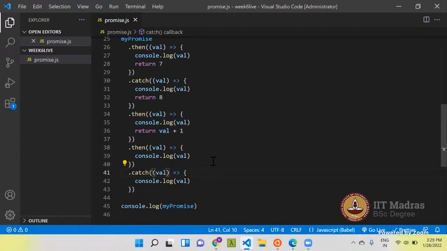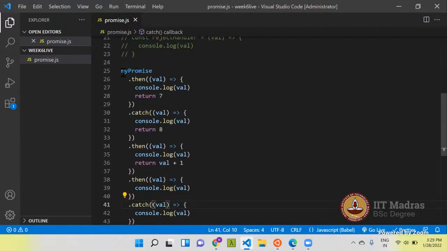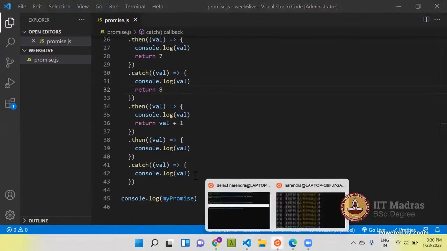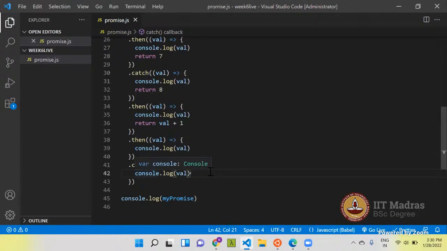But ideally this should not be the case. If some promise gets rejected, it should always be handled by the catch. So how will we do it? We cannot use return, because then the new promise will get resolved with that value. Let me first run this code so that I can show you.